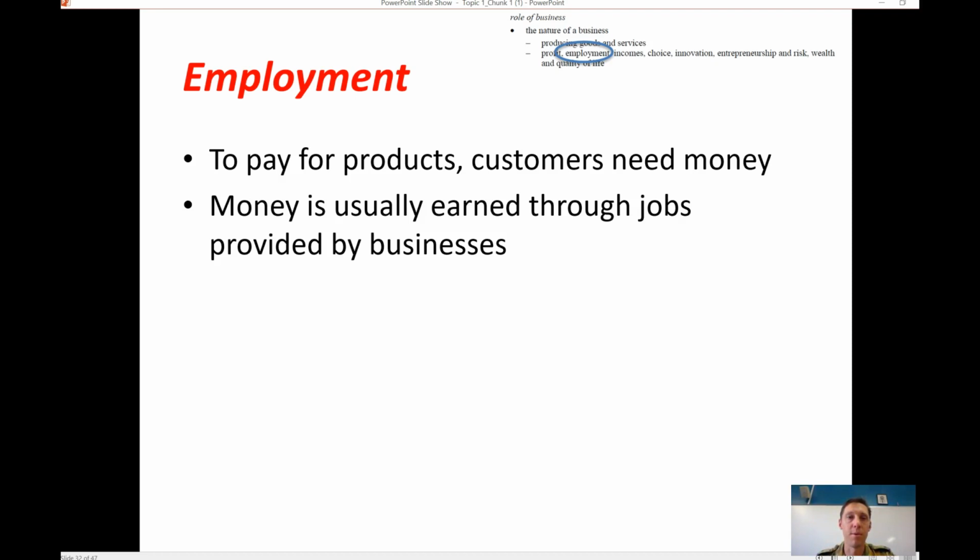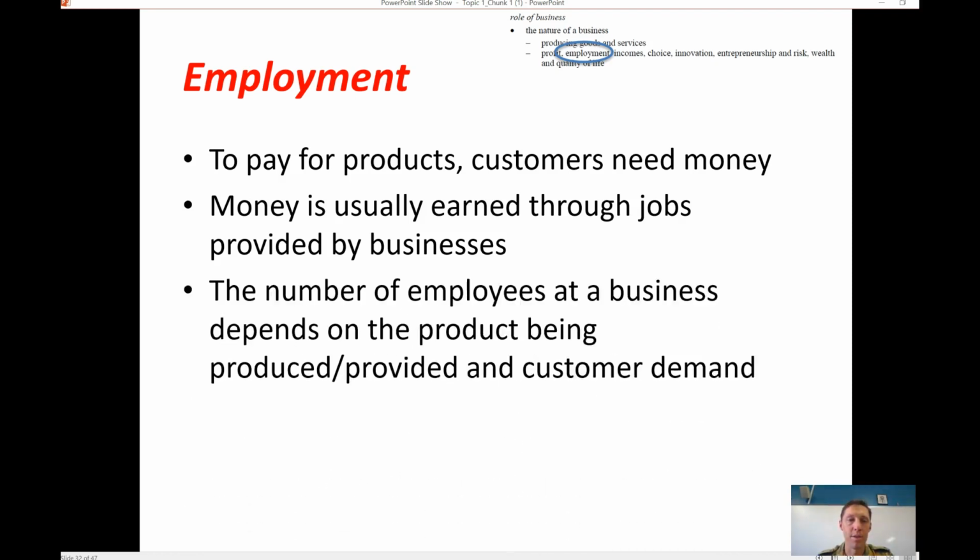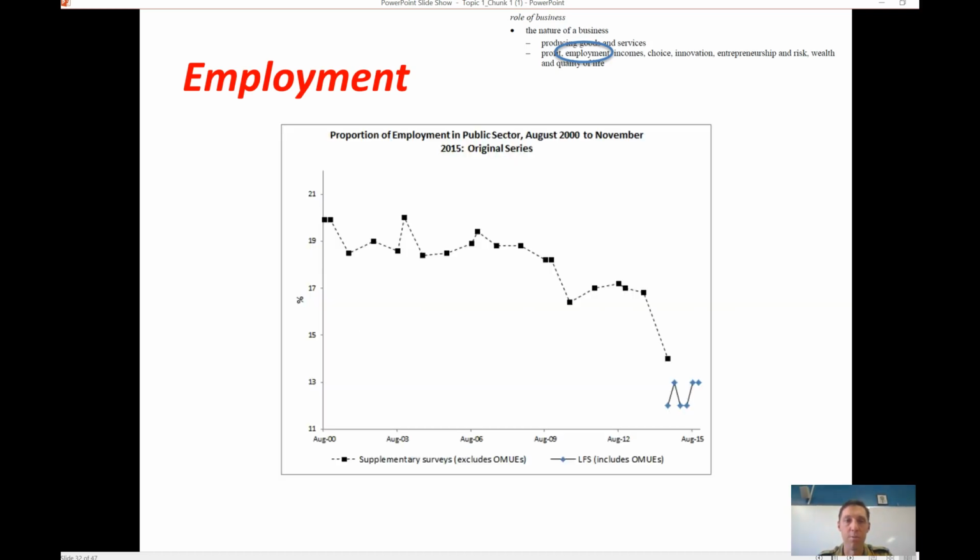For those of you doing Year 11 economics, you'll go through the circular flow of income, and that's really what I'm talking about here, the relationship between the household sector and the employment sector, focusing here on the SME part of the economy. As you can see in the last point here, the number of employees at a business depends on the product being produced. We're focusing on the SME part of our economy. Clearly, they only employ relatively small numbers, but big global entities, because of the number of products or amount of services being provided, employ a lot more people.